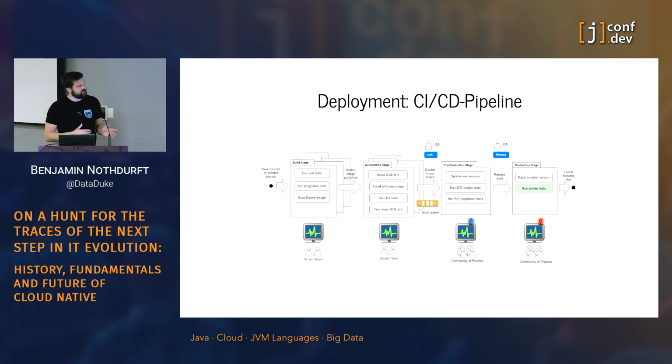In a pre-production stage, we already have test data, might be just one system. You run smoke tests on it, and also have a regression test suite. And if there's something not working, you can escalate it to the community of practice. And you can also have a lock towards the production stage, but usually everything is deployed very quickly. On production, you can think about having also a smoke test suite and have everything live.